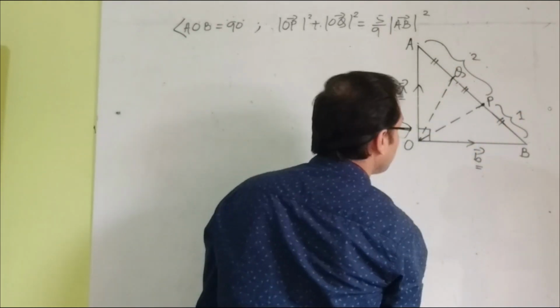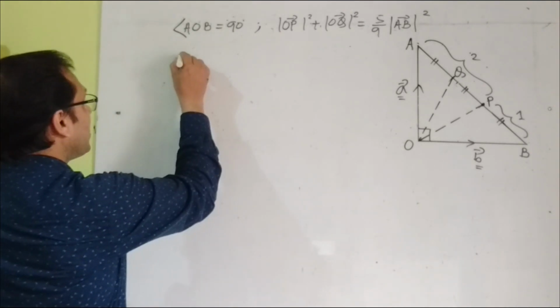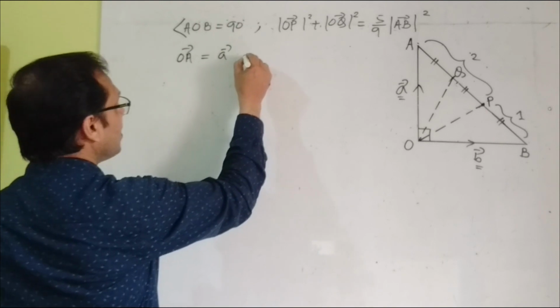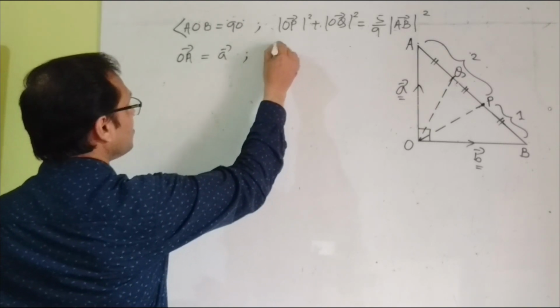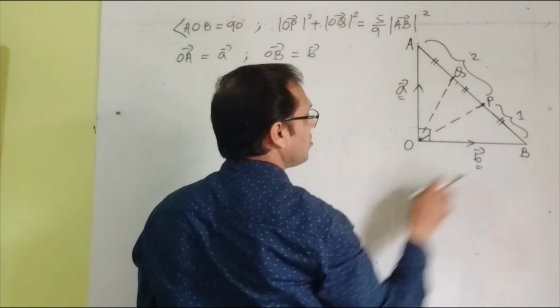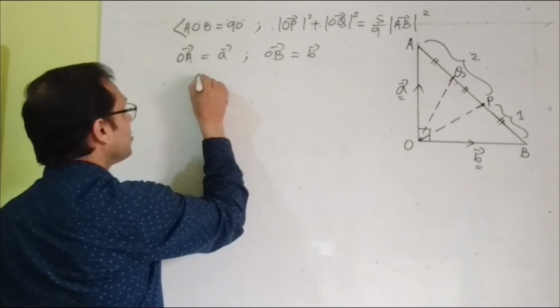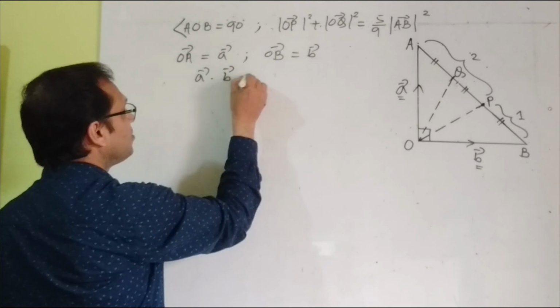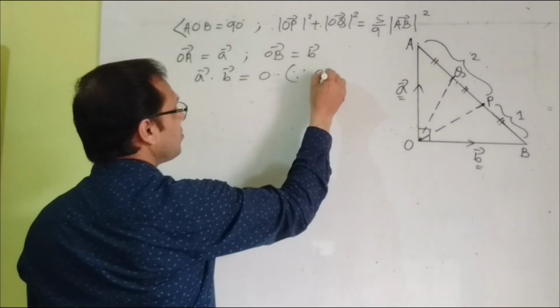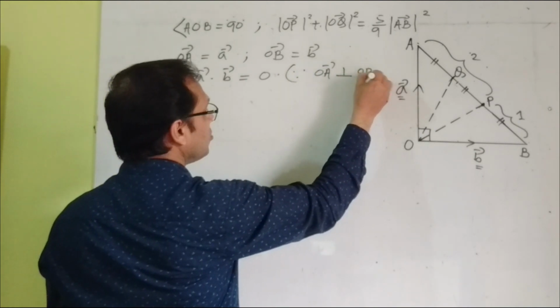So you should recall the internal division formula. First you should mention here OA vector is equal to A vector and OB vector is equal to B vector. OA vector is perpendicular to OB vector, so their dot product is 0. First mention A dot B is equal to 0, since the OA vector is perpendicular to